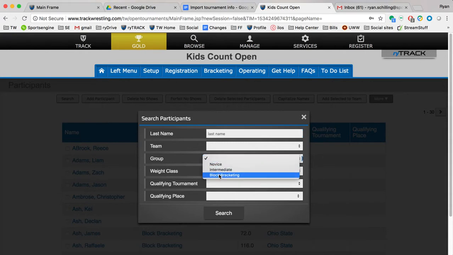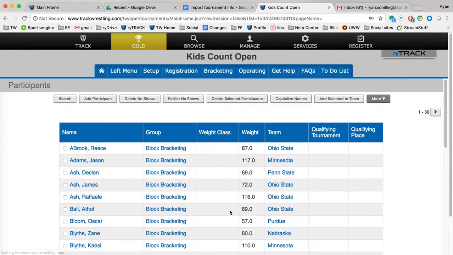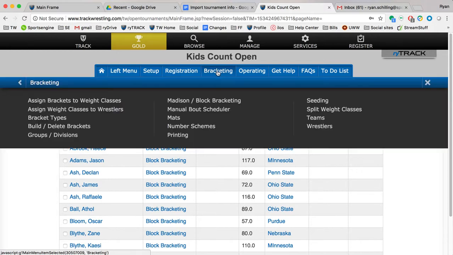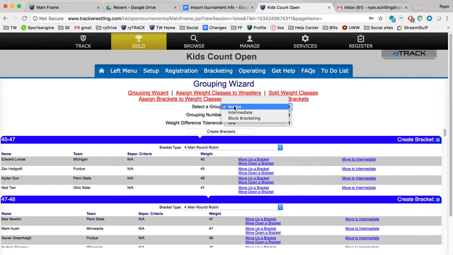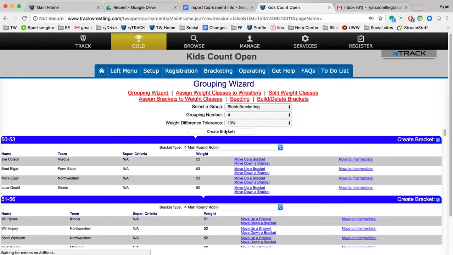the group of block bracketing, you'll notice that none of these wrestlers have a weight class yet. They have an actual weight, which is needed, but no weight class. This is important because if they're already part of a weight class, like an NA weight class or an all weight class from your pre-reg, none of these wrestlers are going to show up in the Madison block bracketing. So if we come to the bracketing tab here, click on Madison block bracketing, change our group to block bracketing,